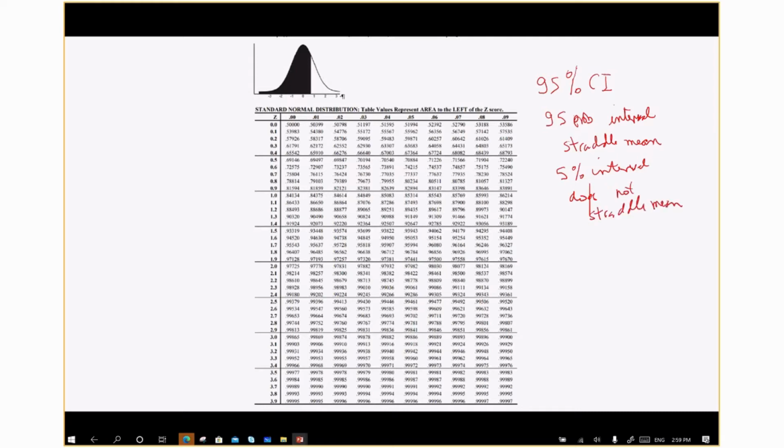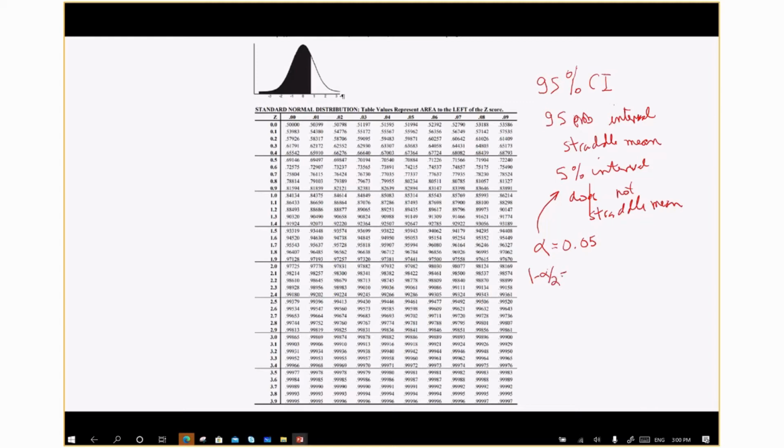And we use alpha to represent this probability, the probability that the interval doesn't straddle the mean. So we're going to say that alpha is equal to 0.05. That's the probability that the interval we construct doesn't straddle the mean. So now what we're going to do is use the table, and before we do, we're going to do a little bit more algebra here. We've got alpha equal to 0.05. We're going to calculate 1 minus alpha over 2,